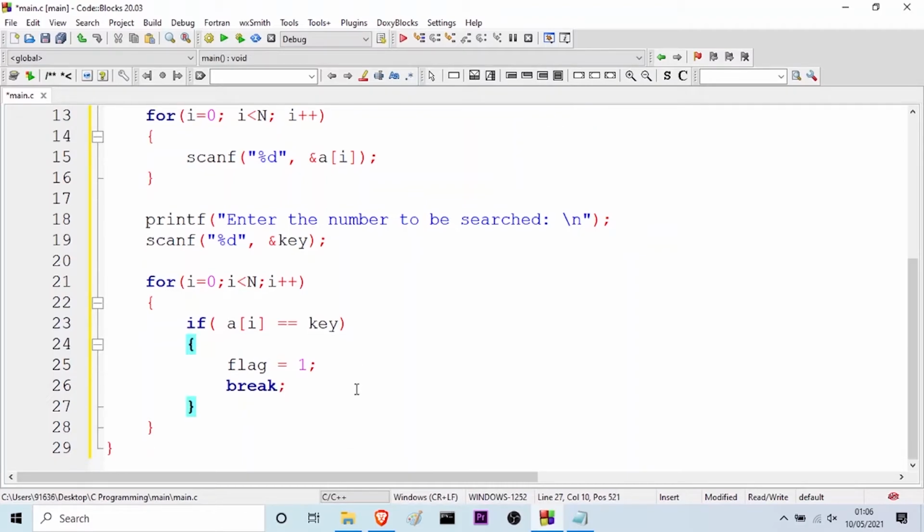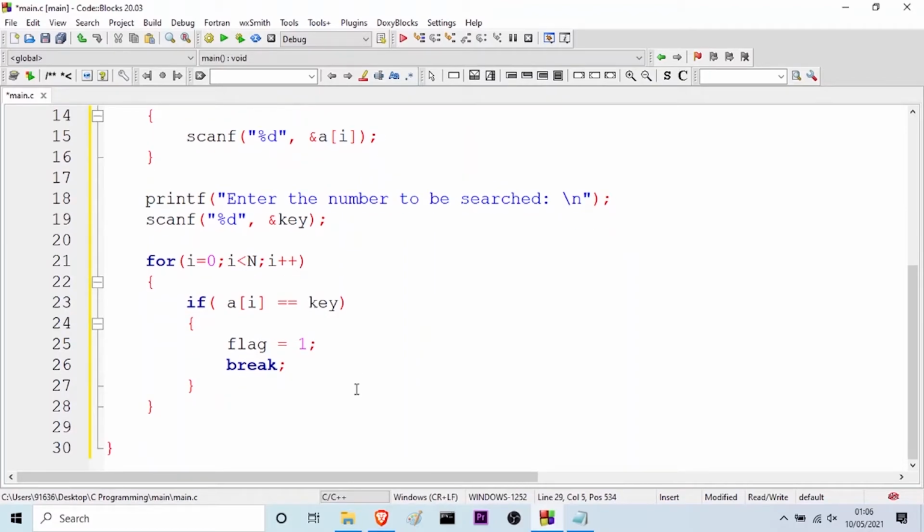And finally, after I come out of this for loop, now I will check the value of flag. If the value of flag is 1, then I will print it is successful, or else if it is not 1, then I will print it is not successful. So we can do it in this manner. If inside brackets we will write flag, that means if the value of flag is 1,